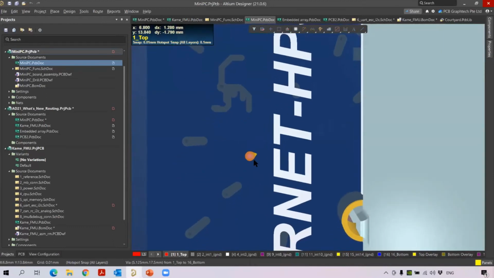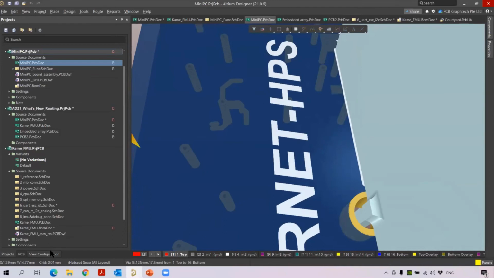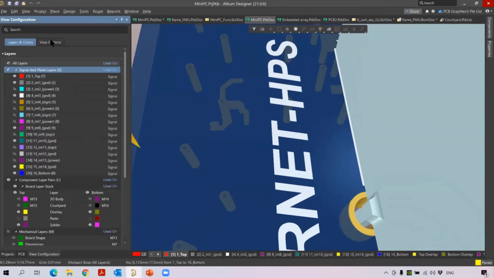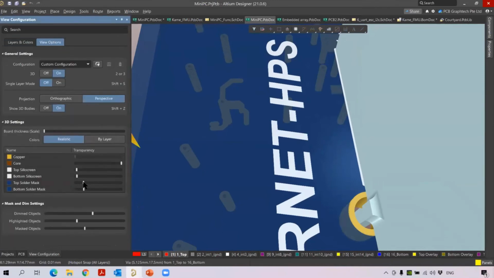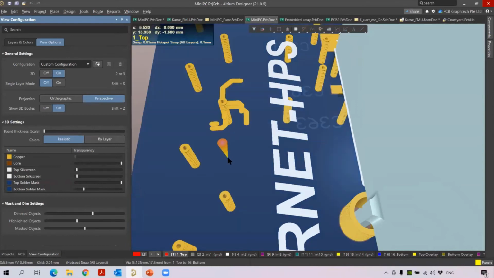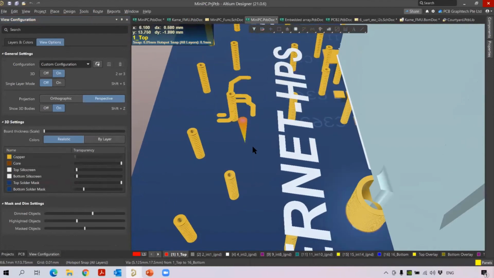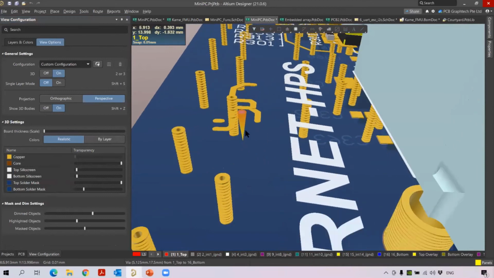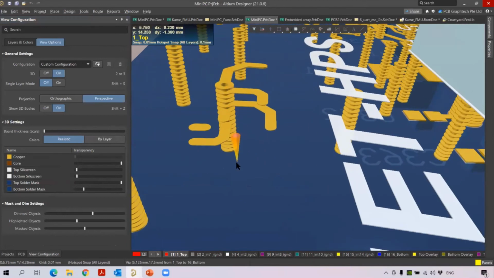In the 3D view, let me open the view configuration and change the settings to show more clearly. Okay, so you can see here all the layers, you have the wires. For the pad, you have wires in each layer here. Now what I'm going to do is remove these unused wires, to reduce the capacitance, to reduce the effect of the capacitance through the path. I'm going to remove the unused wires.